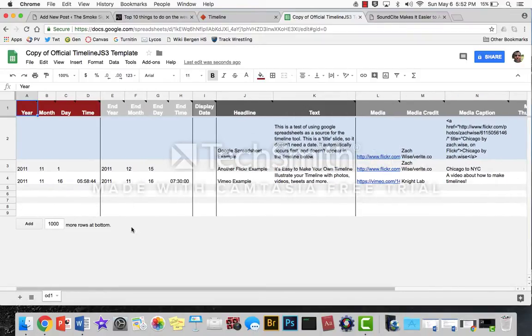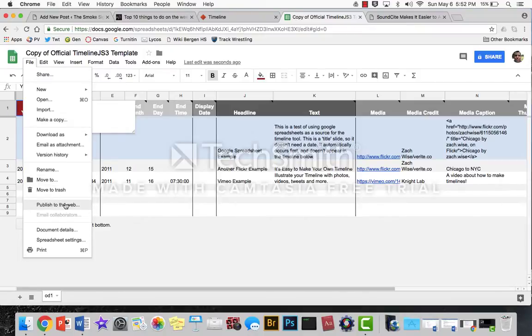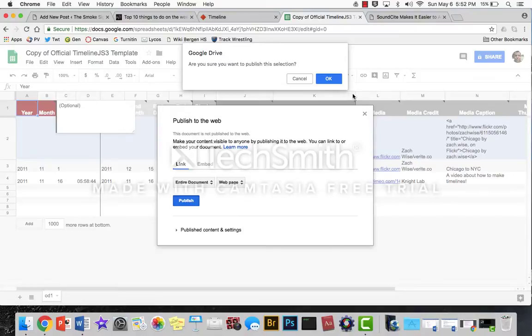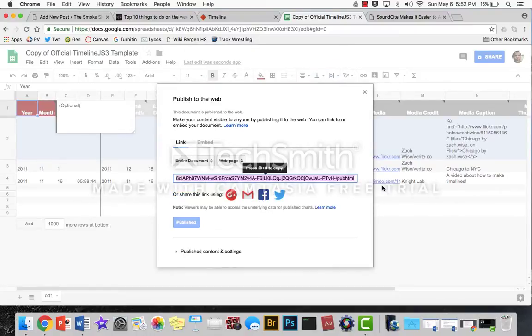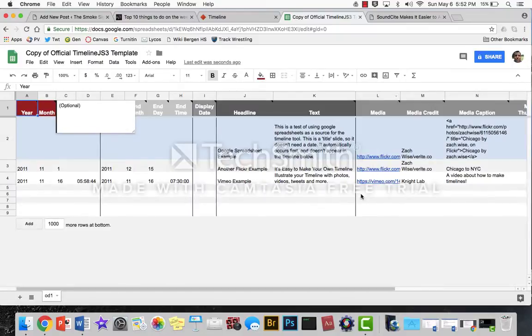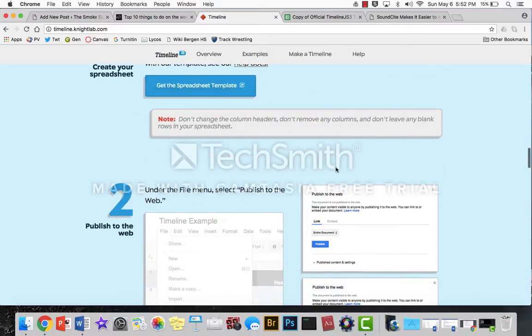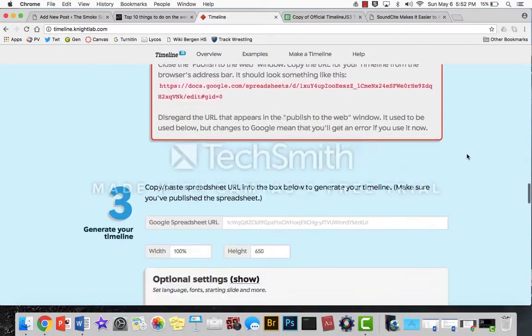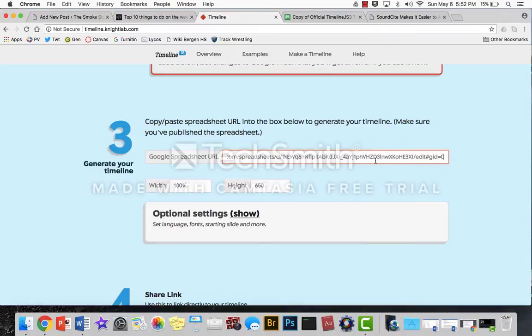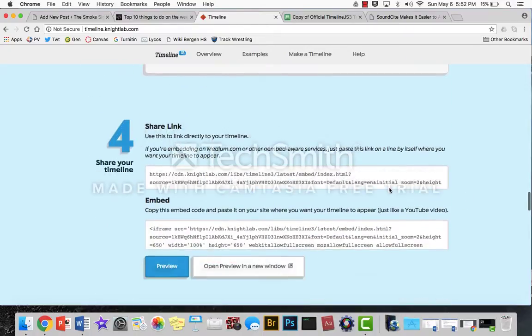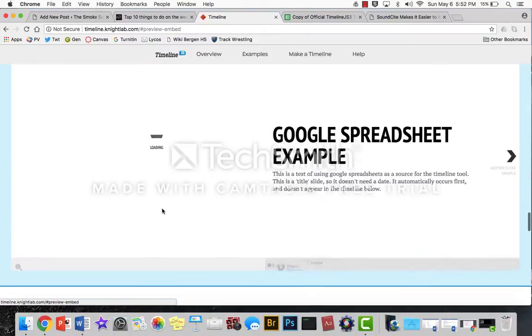When you're ready to publish it, and obviously you would have more than 2 events here, you go to File and then Publish to the Web, and you hit Publish, and you say yes, you're sure you want to publish it. Now, it used to have you copy and paste this, but it's told you in the instructions on that main page that we'll go back to in a second that recently they changed it and they want you to take this URL now once you publish it. We're just going to copy that, and this is where it wants you to paste it here in step 3. Preview it there,